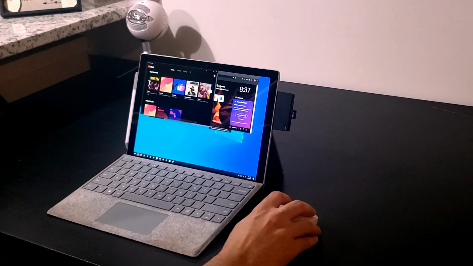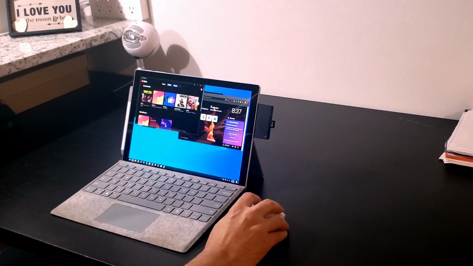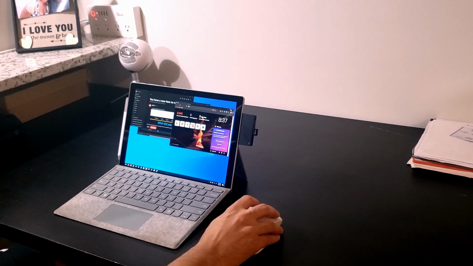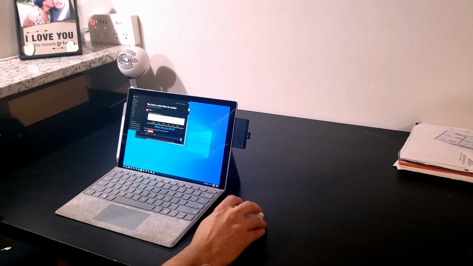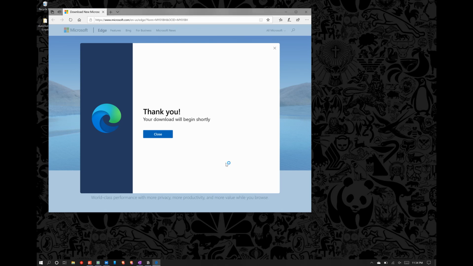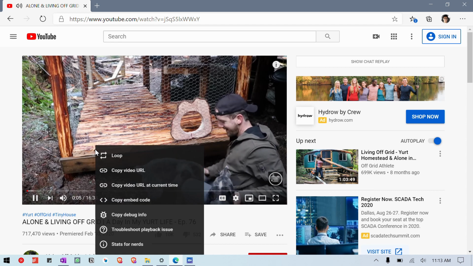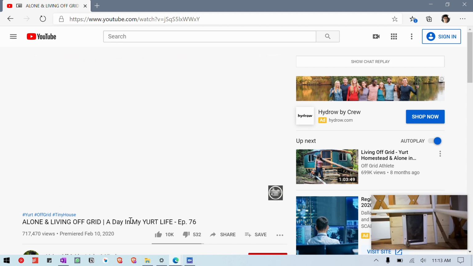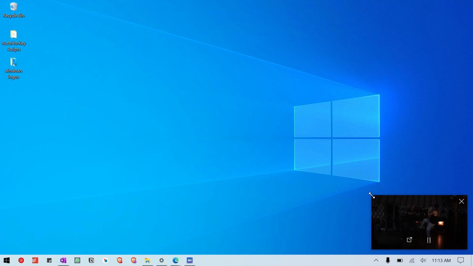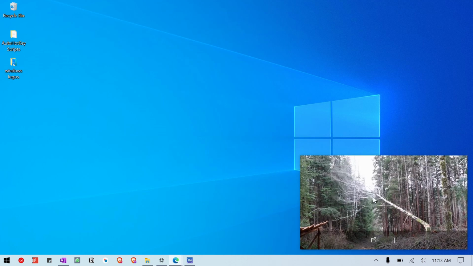Let's start with an easy one. Some of you might already know it too. The new Microsoft Edge is based on Chromium now. That basically means it's a lot like Google Chrome, which in turn means that you can enable floating videos on YouTube on Windows 10. So if you're using the new Microsoft Edge or Google Chrome, you can right-click twice on the video you want to watch in a floating window and select the option for picture-in-picture. Now you can simply navigate to whatever app you want to see and your video will remain on top as a floating window. You can even resize the floating window if you want.